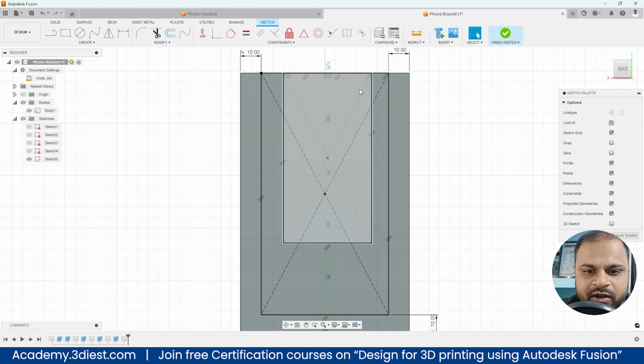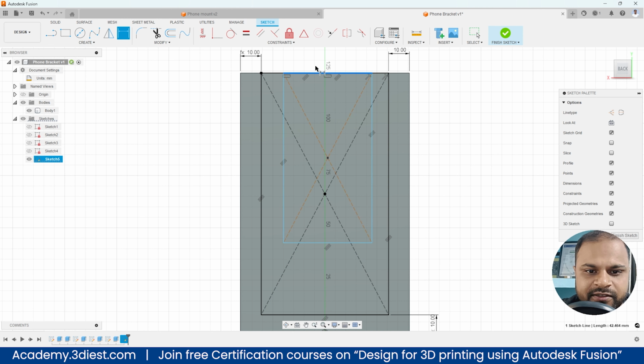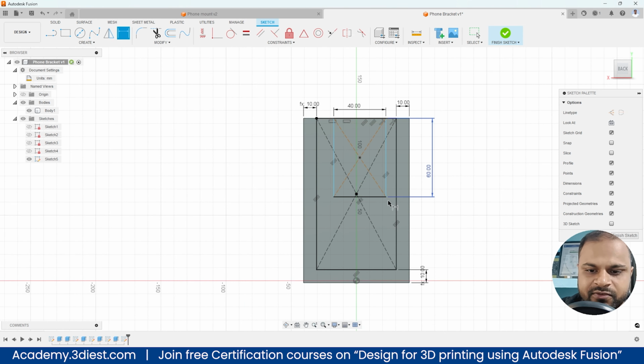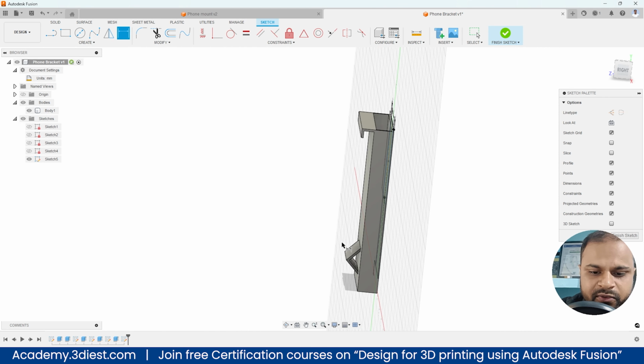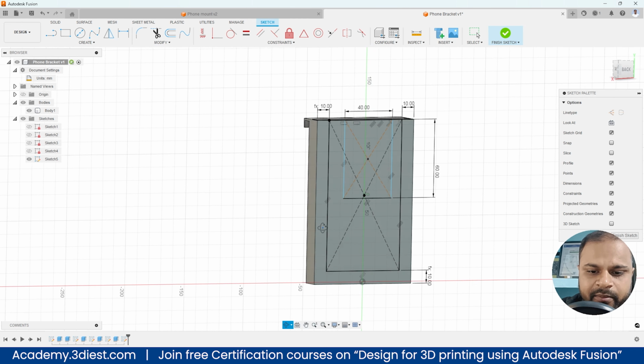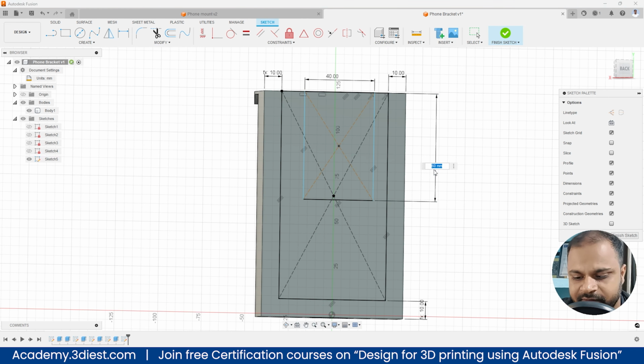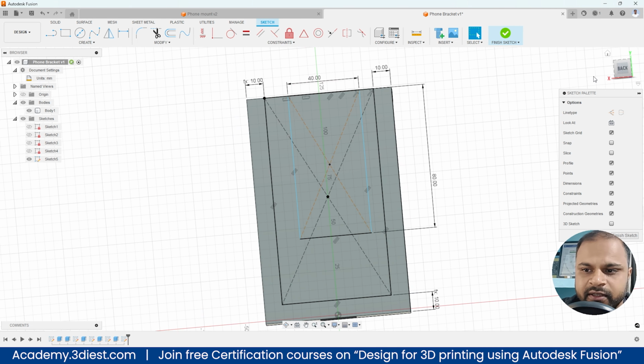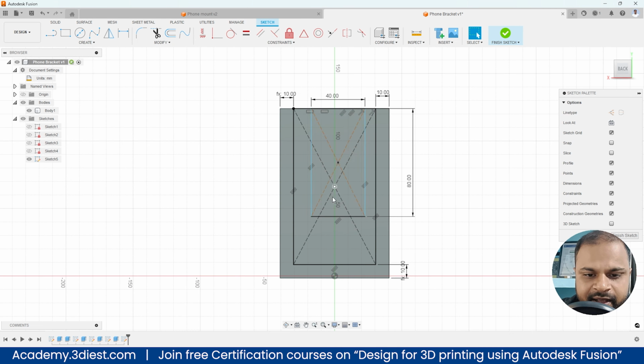Now for this smaller rectangle, let's make it 50, not that much, sorry, 40. Yes, and then again the height I just want to keep 60. So I just want to keep the height, I don't want to go up to the bumper, a little bit above the bumper. So I think even if we go 80 it will be good. Yes, it's still above the bumper, and we'll go on to the back side again, and we'll make sure that